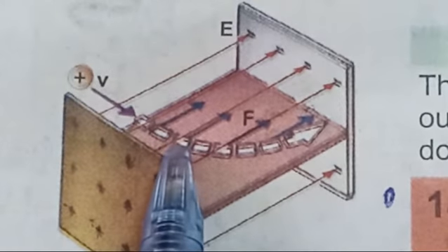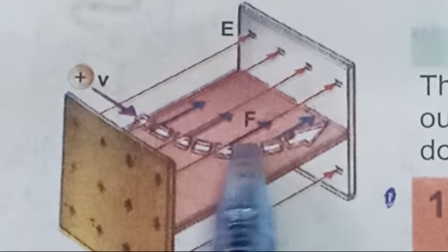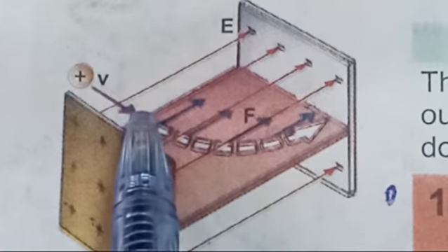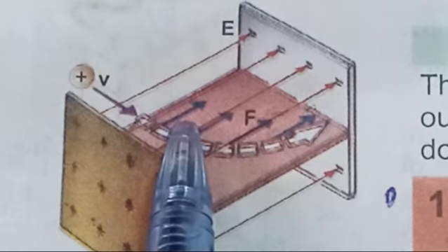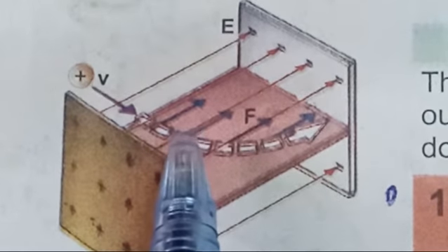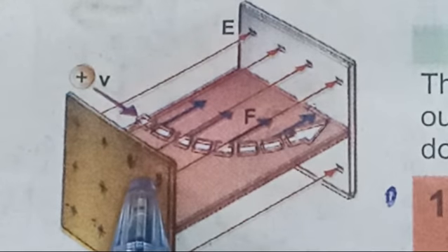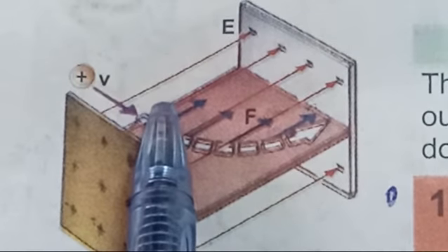So in case of electric field only, the electric force is F equal to QE, while in case of electric and magnetic field, the force is the combination of both, Fe plus Fb. Fe is electric force and Fb is magnetic force. This is known as Lorentz force. So this is a very important short question: what is Lorentz force? Lorentz force is a combination of electric force and magnetic force, right?